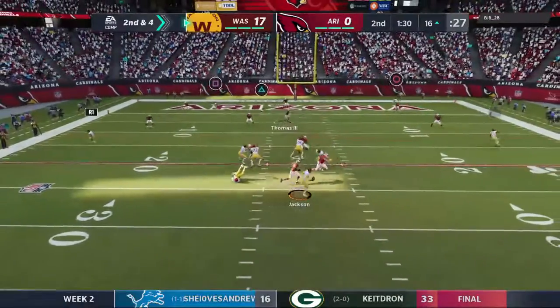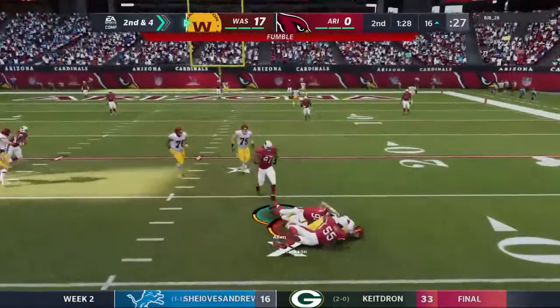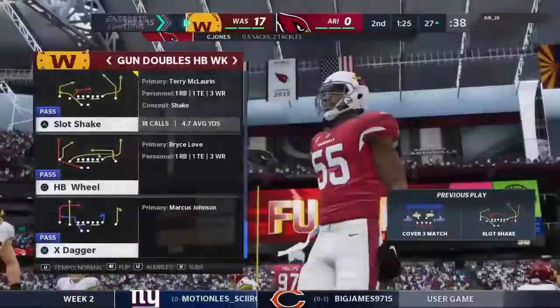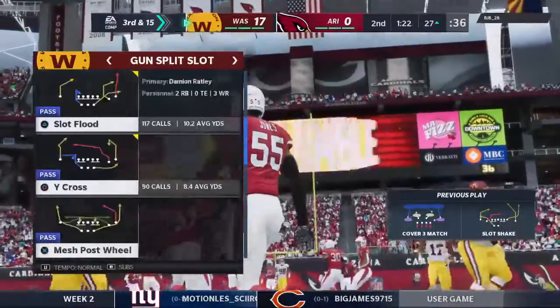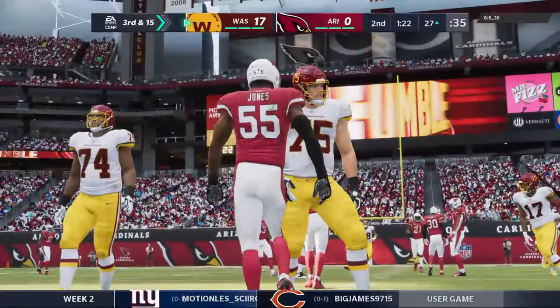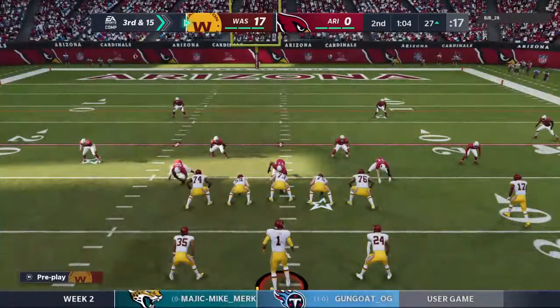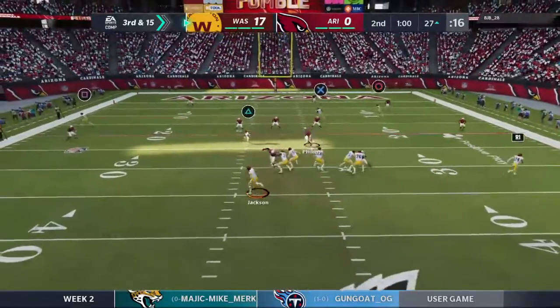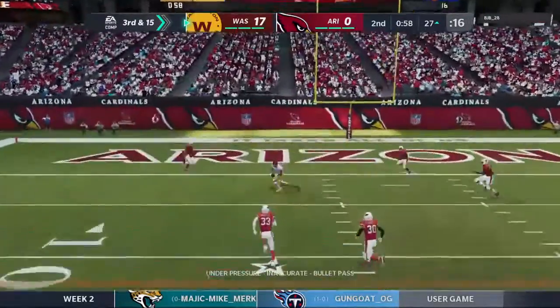From the gun, Jackson. Nowhere to go here. He lost the football. But Washington looked to get this one back, and indeed they did. They will still have possession. Able to fall on it, but look where they recovered it. That's a big loss. A lot of bad news on that play for them, wasn't there? Lost the football, lost a lot of yardage. But I think the good news...